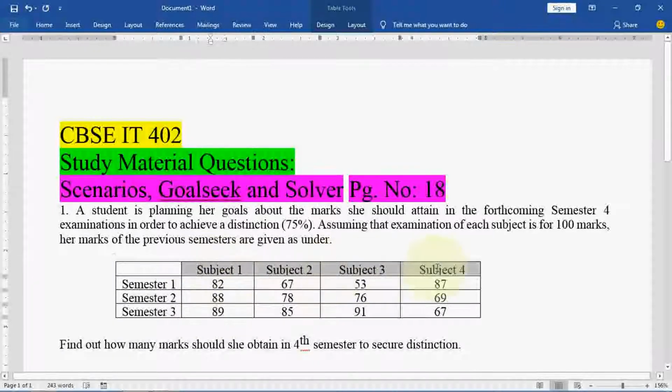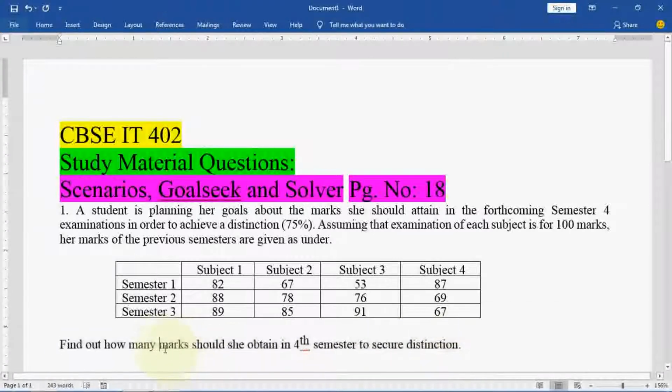So what we have to do is, first we have to calculate the average of each subject semester wise. Then we will calculate the distinction, because they have given find out how many marks should she obtain in 4th semester to secure distinction. So how many total marks she should score for achieving the distinction.